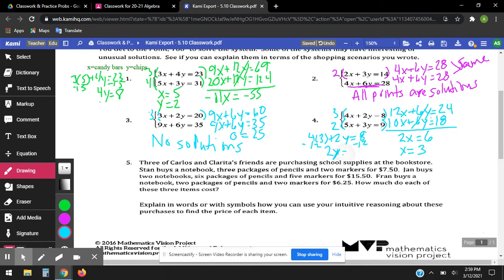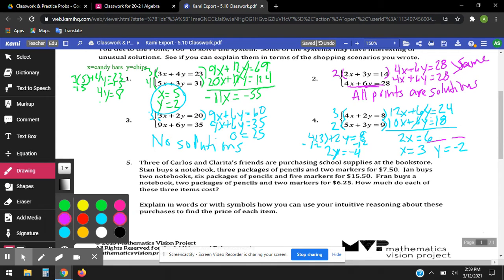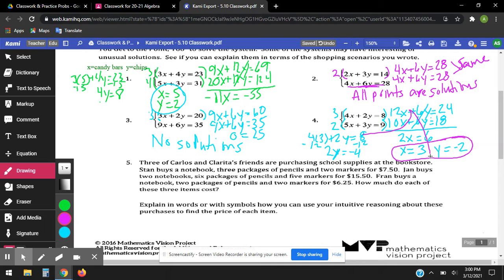2y equals negative 4. So that means y equals negative 2. Go ahead and circle these answers here, which in terms of candy bars and chips doesn't really make sense. I can't buy